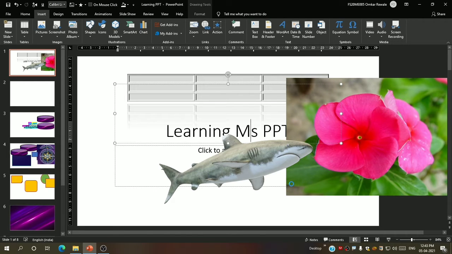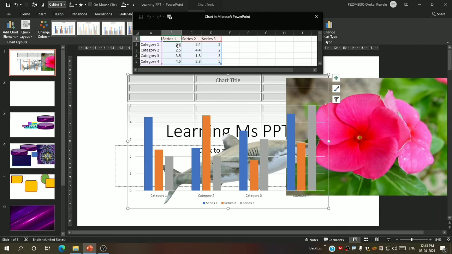Now it will take some time as it wants to also add the spreadsheet. You can see the spreadsheet. These are the values. As you change the values over here, the bar graph will also change. But if you want to keep it like this only, then you can. You can also change the name. You can see category 1.